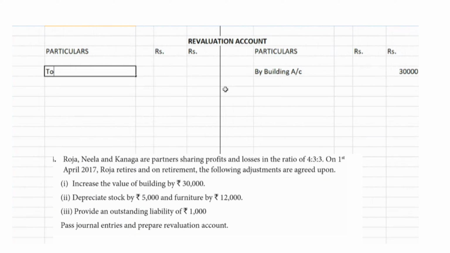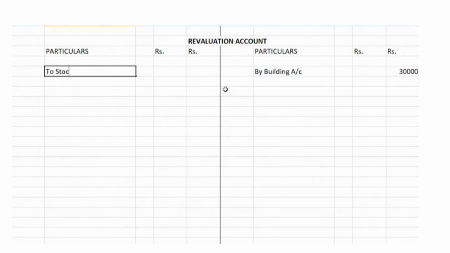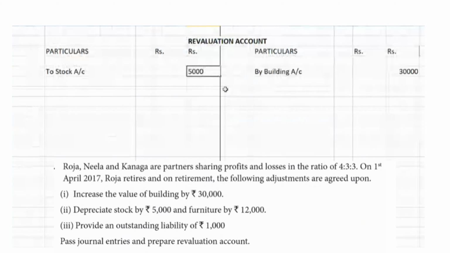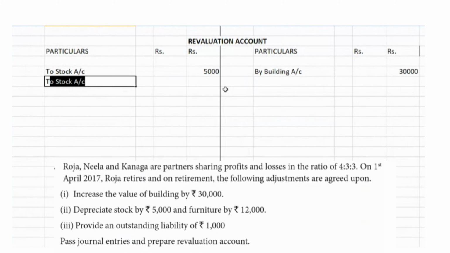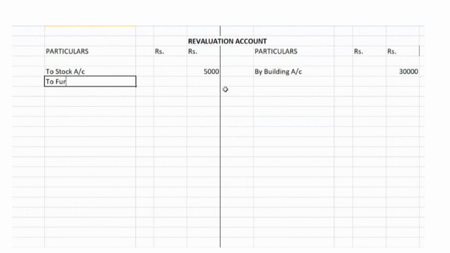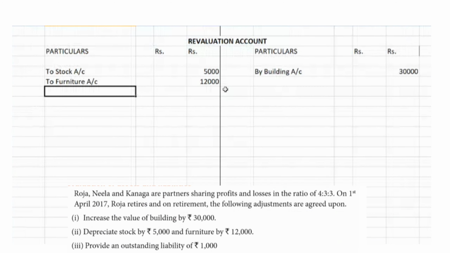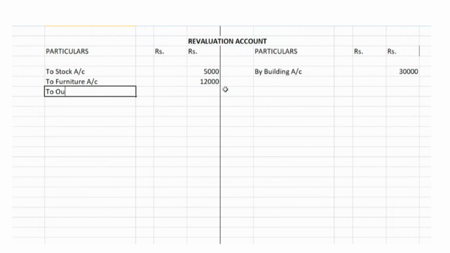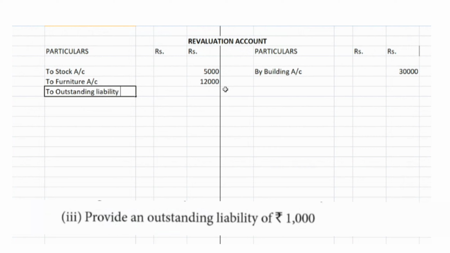Stock is an asset and it is decreasing, therefore go to the debit side of the revaluation account and put stock 5,000. Next we have furniture depreciated by 12,000. The same point: furniture is also an asset that decreases, therefore go to the debit side of the revaluation account and write 'To furniture account' 12,000. Last point we have is provide an outstanding liability of 1,000. Outstanding liability is a liability which has been provided for, that means it increases. Liability increase, put it on the debit side of the revaluation account, 'To outstanding liability account' 1,000 rupees